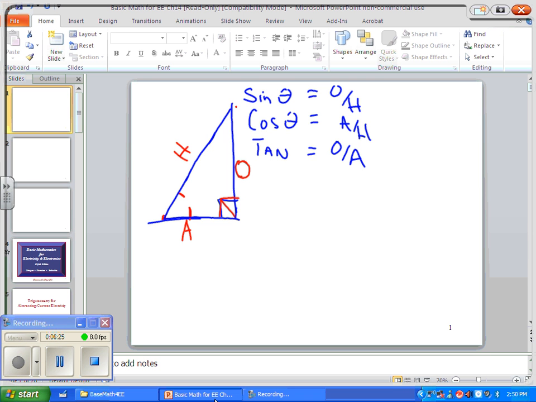O over H. Let's look at those sides. The O compared to the H. Now if I make this triangle a lot bigger, as long as I'm maintaining the same angle down here as this one up here, the proportion between this side and this side is going to stay the same. It's like when I'm looking at, well, we'll talk about that in a second. We'll come to that in a second. So let's look at, now that is,